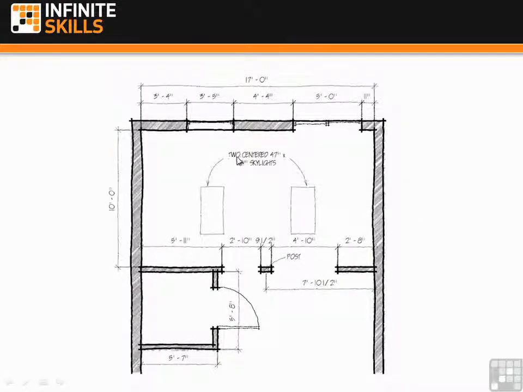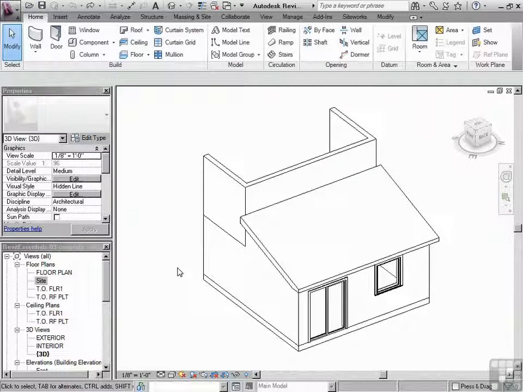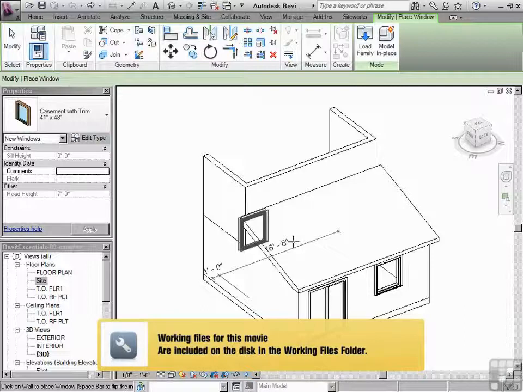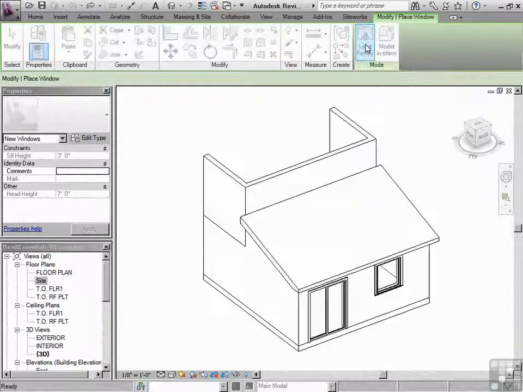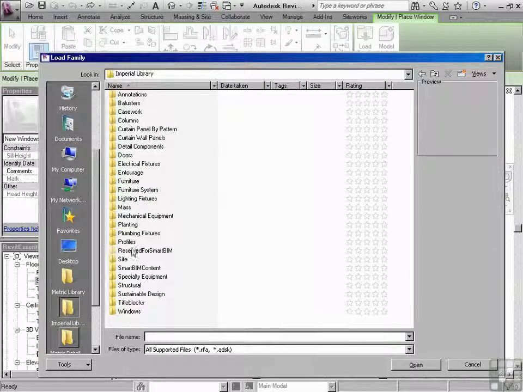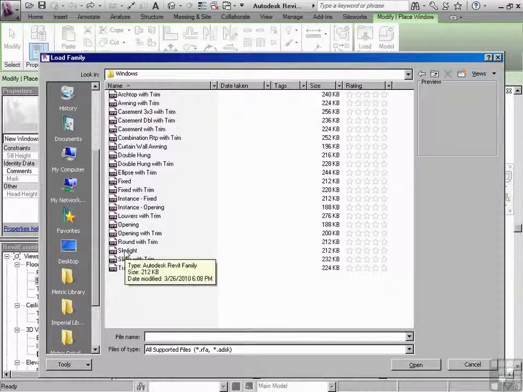So they said, give me two centered 47-inch by 24-inch skylights. And okay, so we'll do that. Skylights are loaded in as windows and they're hosted to the roof. I'm going to click on Window in the Home tab in the ribbon. And you can't just drop a window in up in the roof. You actually have to load in the family. So I'm going to click on Load Family, and then go to Imperial Library, then Windows, Skylight,